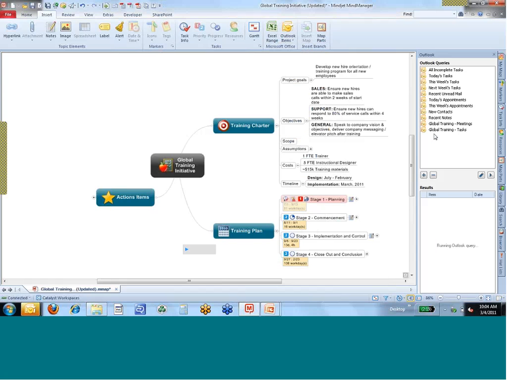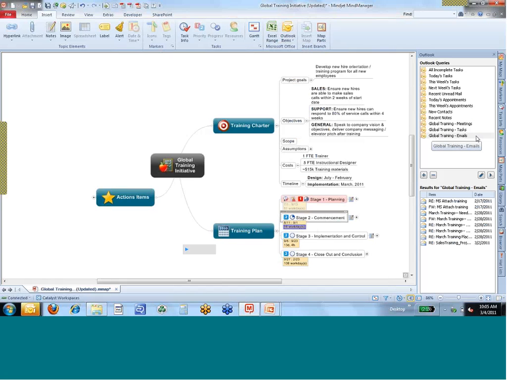As you can see here on the right side, the query that you just created appears on the right-hand side. This is where all your Outlook queries are saved and stored. As you create these queries, they will save, so even if you close your instance of Mind Manager, when you reopen, you'll have these queries in here for later use. As you can see right here, I've created the query for global training emails, and all I do is drag and drop this